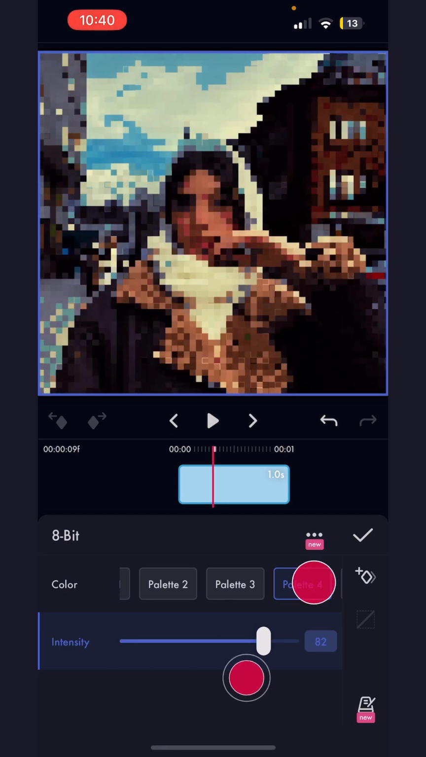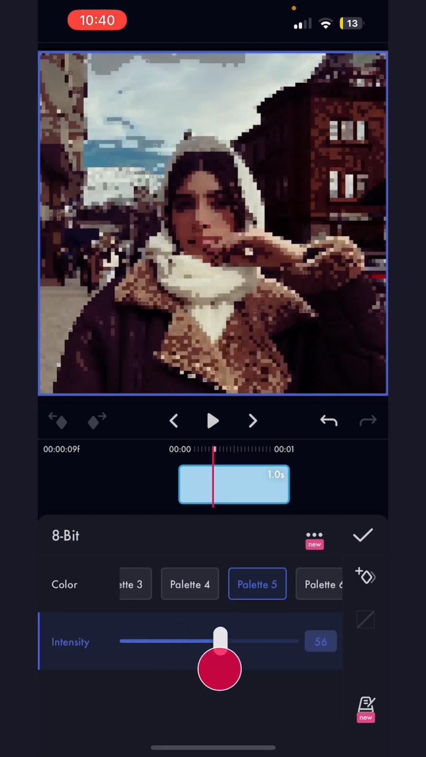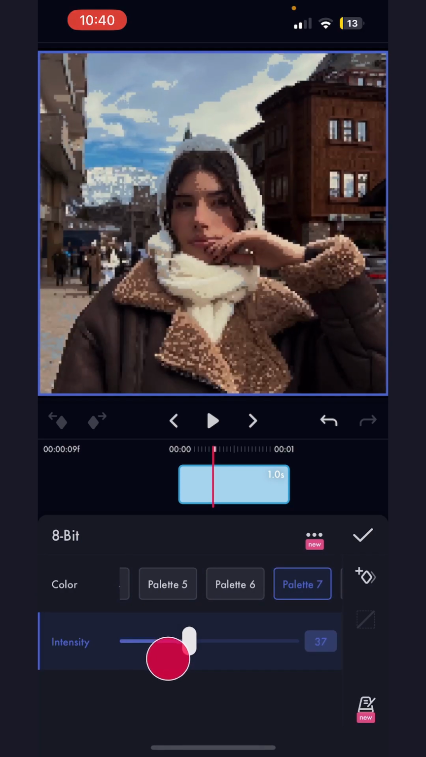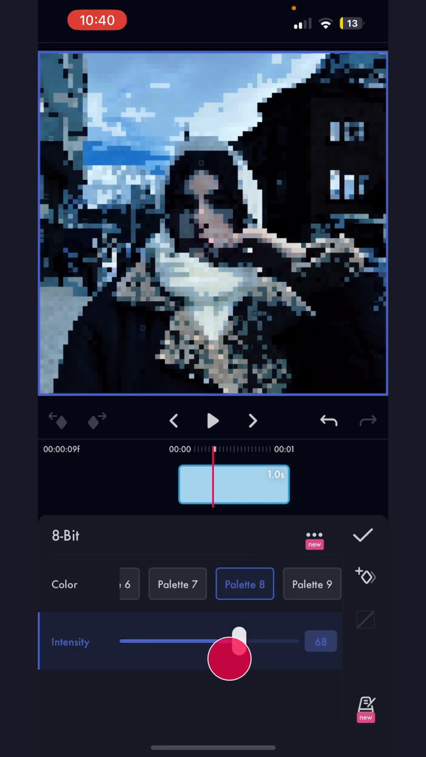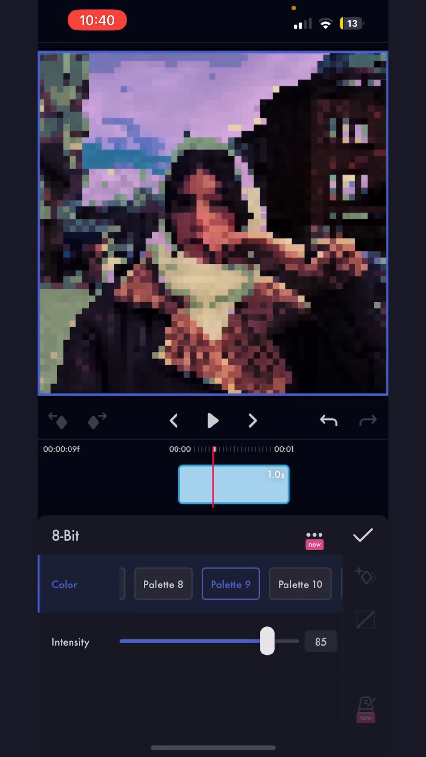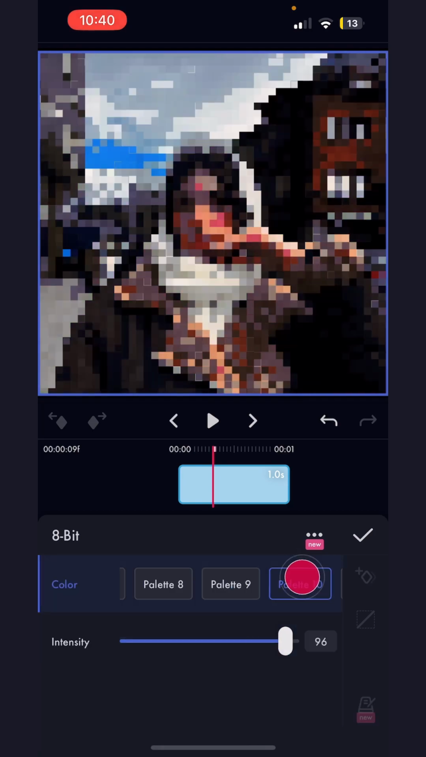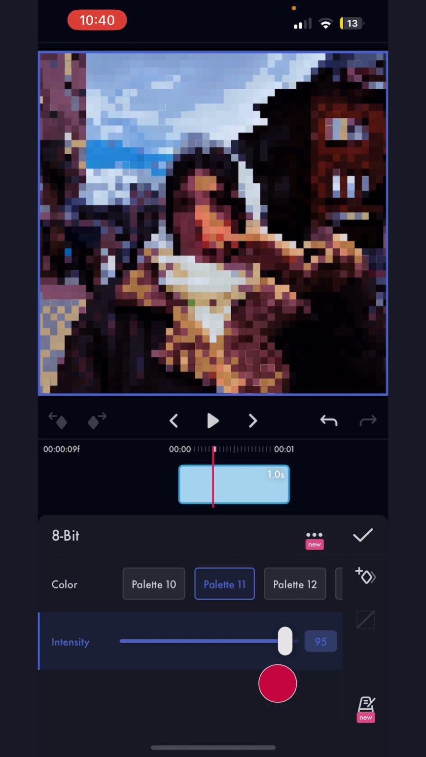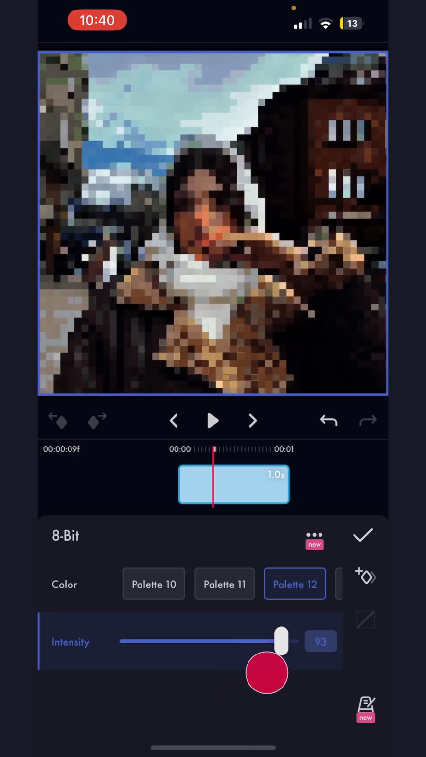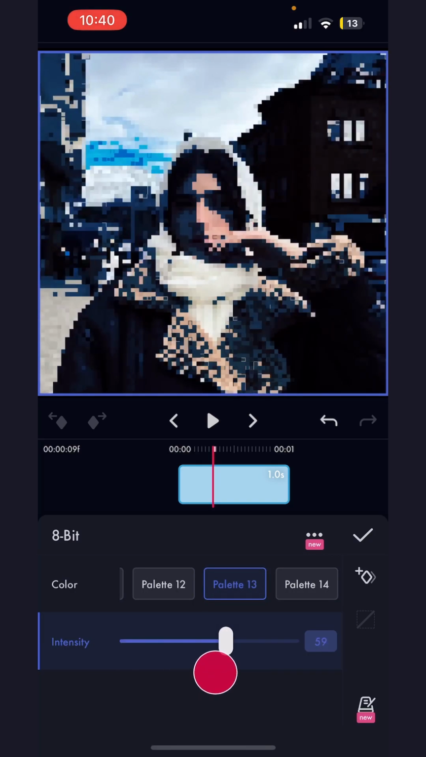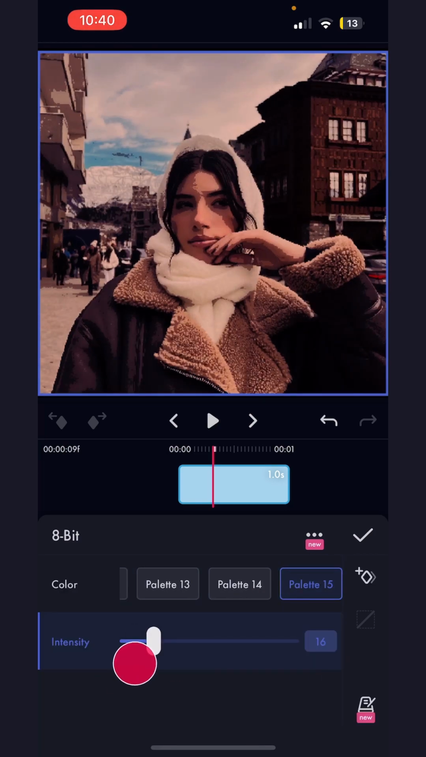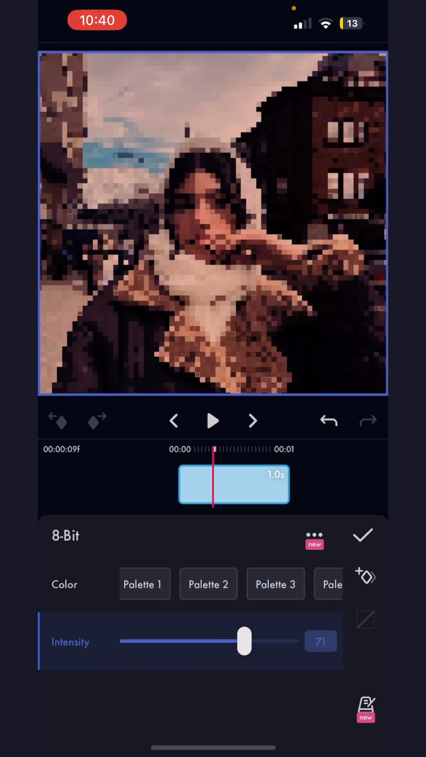4, 5, 6, 7, 8, which is more of a cool blue tone. 9, 10, 11, 12, 13, 14, and 15. All these have different sorts of colors and filters which you can use depending on your type of edit to